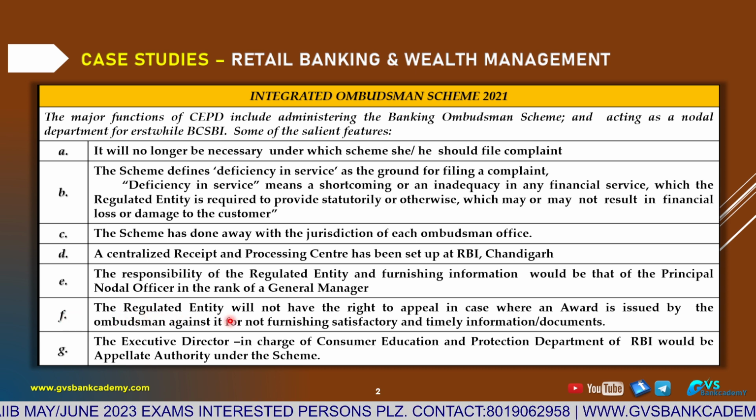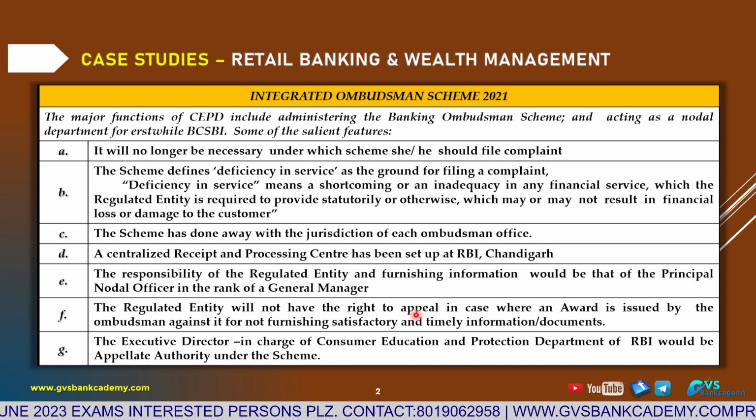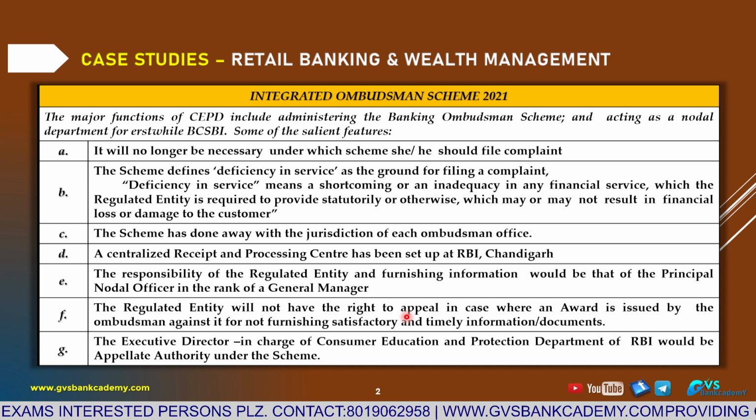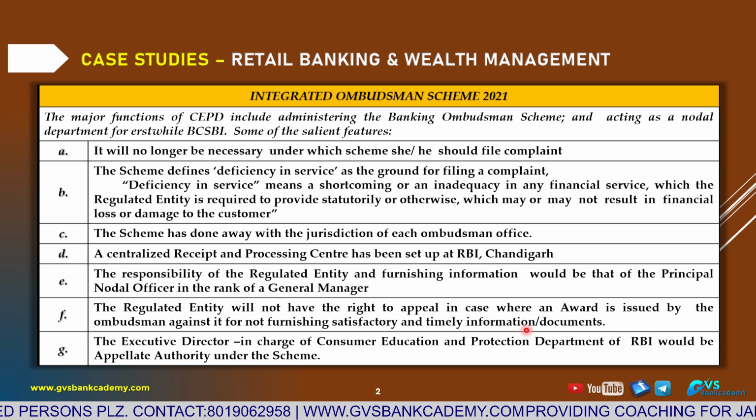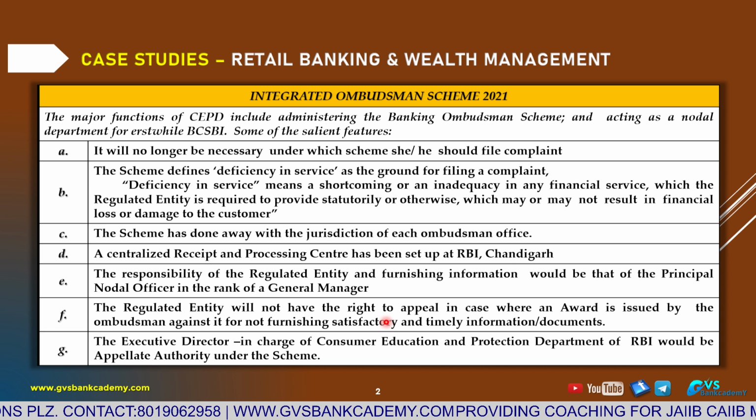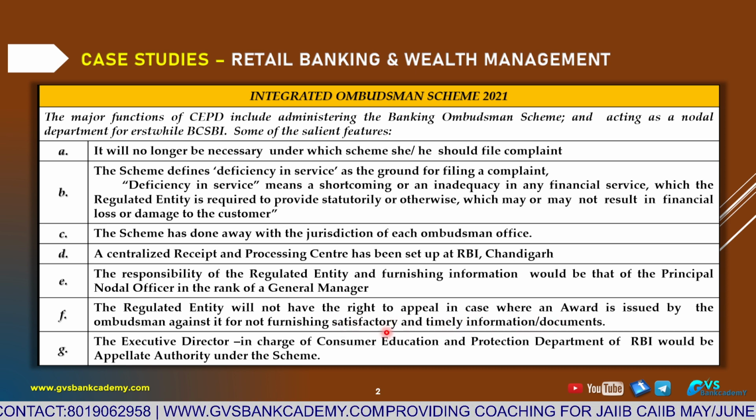F. The regulated entity will not have the right to appeal. Normally banks have the right to appeal against an award issued by the ombudsman, but only if they have furnished satisfactory and timely information and documents. So they have to submit satisfactory and timely information and documents to the ombudsman. If they do not submit them, they are not allowed to file the appeal